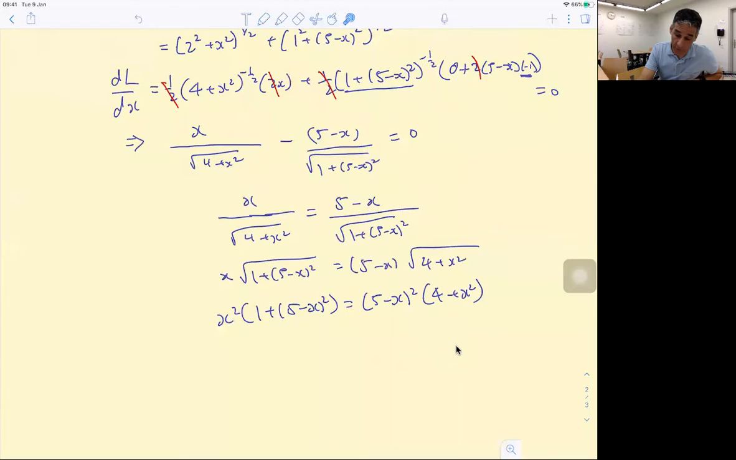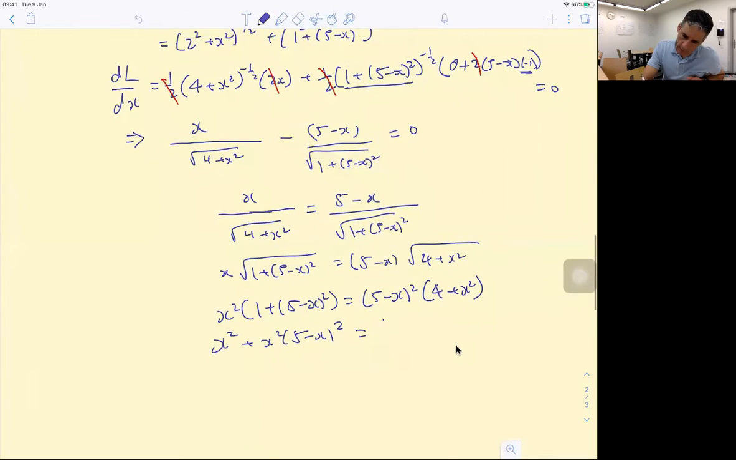We could multiply everything out. It's going to be a quartic equation. Seems like a lot of work. Maybe we can avoid multiplying everything out. Let's see. What if we just write this here as x squared plus x squared times (5 minus x) squared. And over here, we'll write the other bracket as (5 minus x) squared plus 4 times x squared times (5